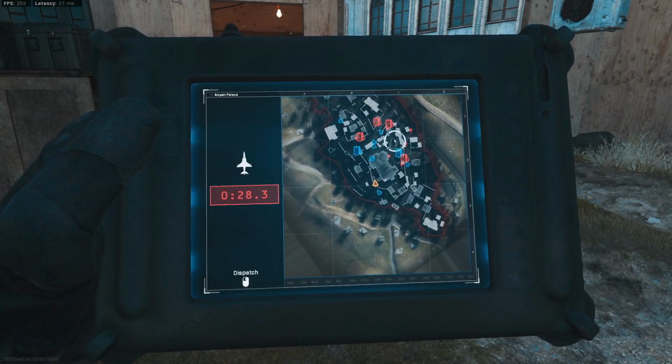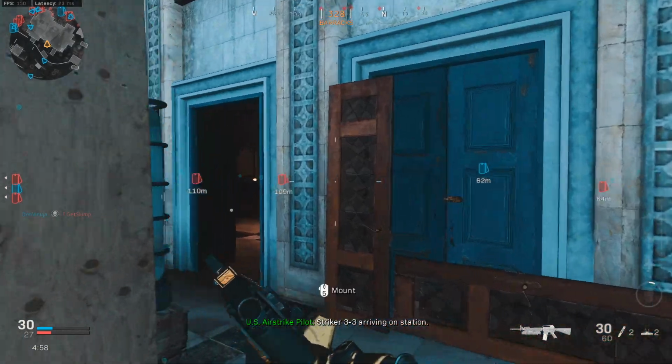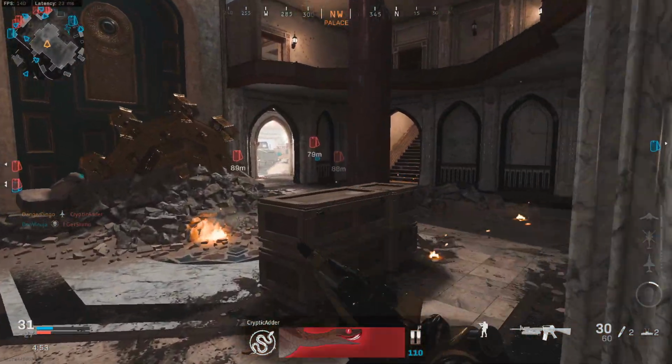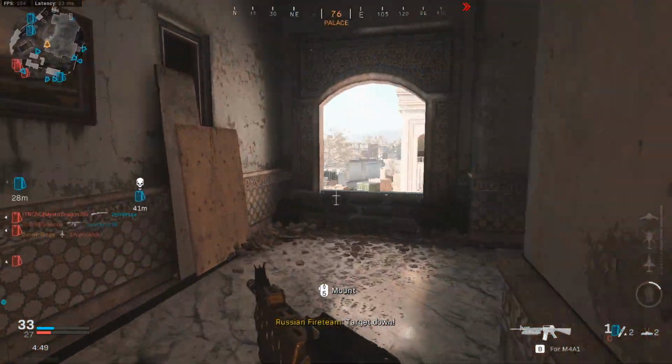I'm still not 100% sure exactly where they are spawning, so we'll send it over there and hope for the best. But yeah, as far as I know, this weapon's fine. This class setup in particular is fine. I just want to get a grenade launcher kill. I don't know if I have to direct hit someone or...